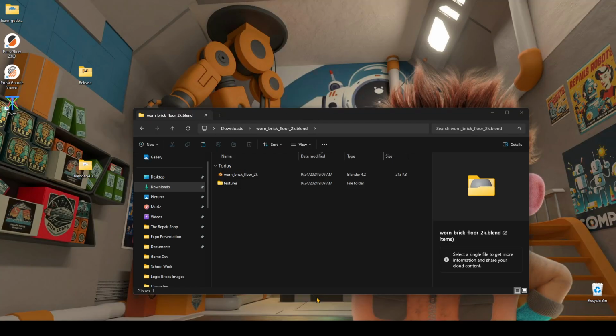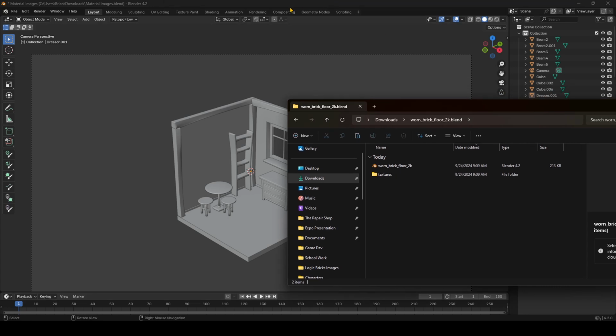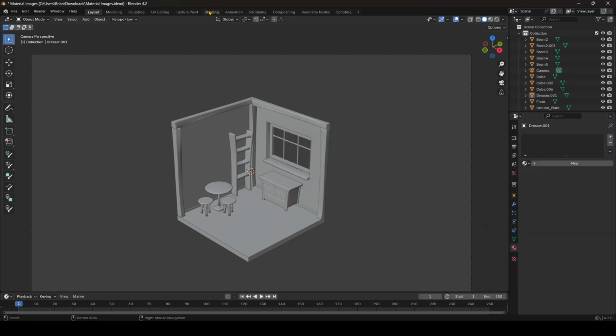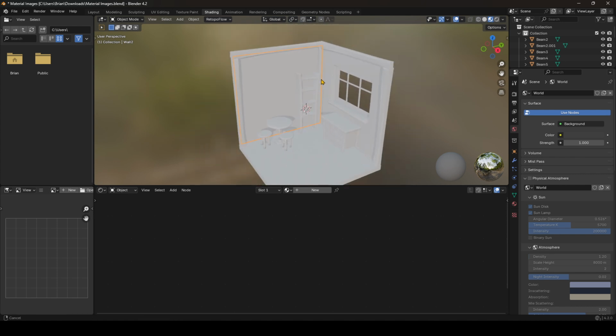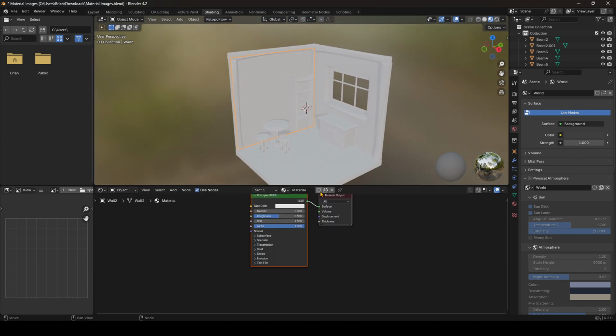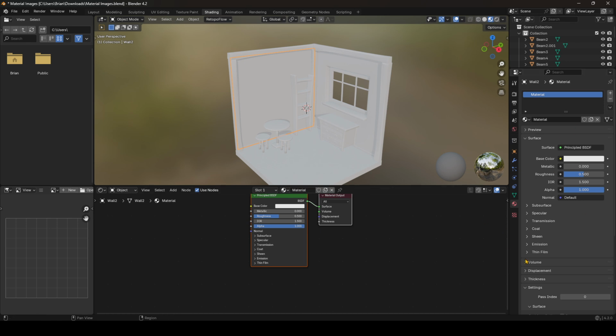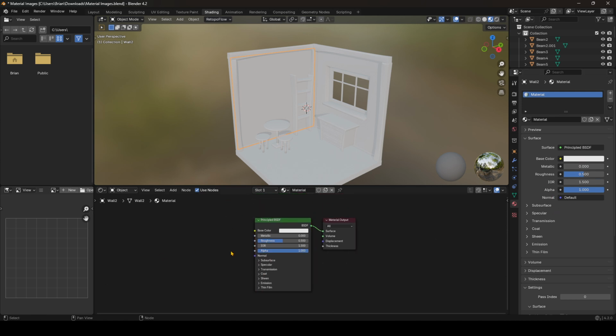Let's open up this folder. Just going to put it to the side here. Click on shading at the top. We're going to add in a new material and pick what we want to have that material on. And we're going to click new. So this is like the material tab here, but we have nodes. So these are the same options as we have over here, but we have these nodes that allow us to